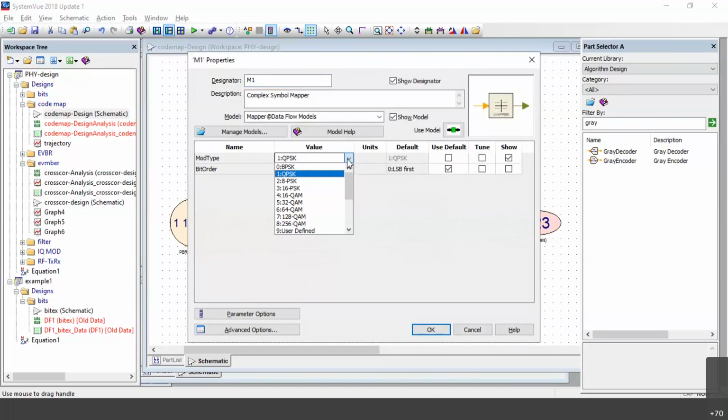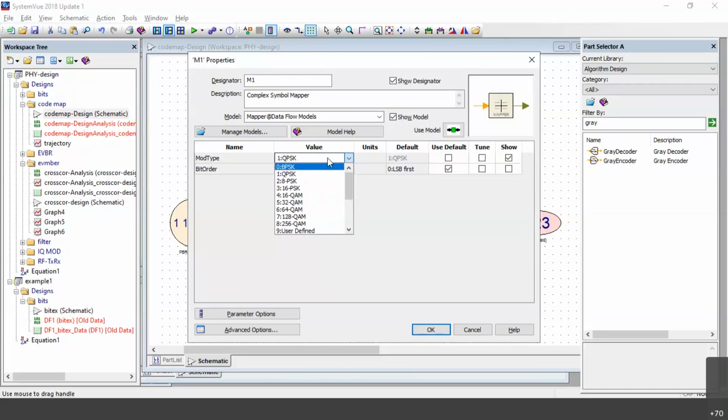You can see BPSK, QPSK, QAM, or user defined, whatever. See, these many things are available to us. In SystemView, these many modulation techniques are available. You can go for APSK, 4096 QAM, user defined modulation techniques, different QPSK, and even PSK, BPSK.